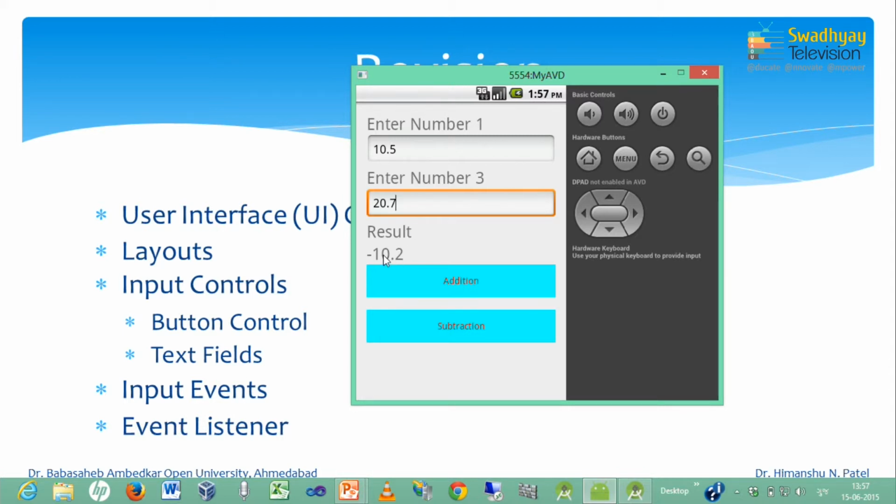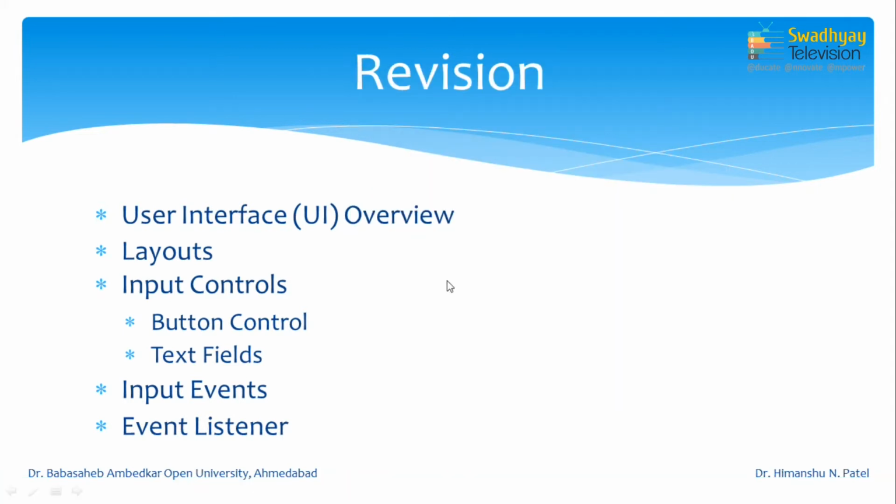So, the result is minus 10.2: 10.5 minus 20.7 equals minus 10.2. So, let us create one project and develop this simple application that makes use of text view, edit text and button control. So, let us start.